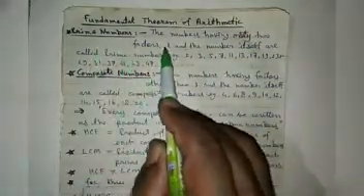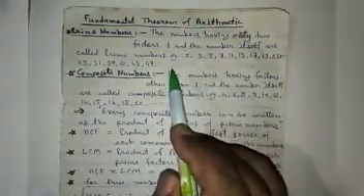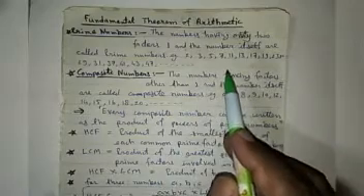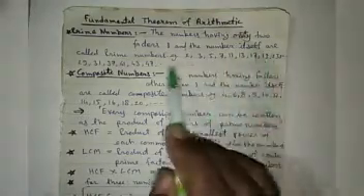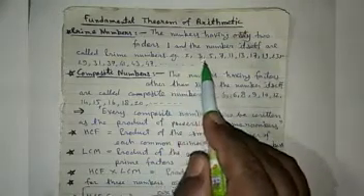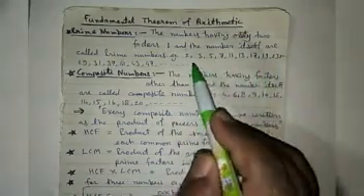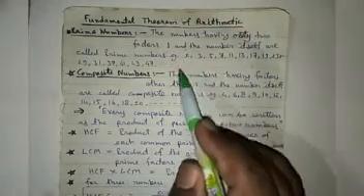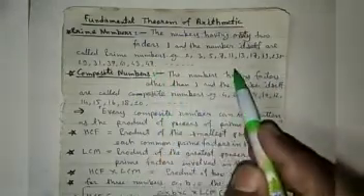As you know, prime numbers are those numbers which have two factors, 1 and the number itself. The numbers having only two factors, 1 and the number itself, are called prime numbers. For example, 2, 3, 5, 7, 11, 13 and so on. So here only 2 is an even prime number and all other prime numbers are odd numbers.